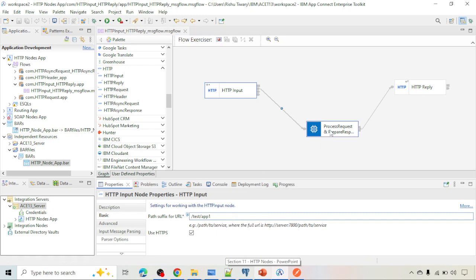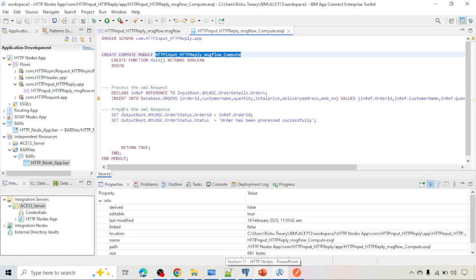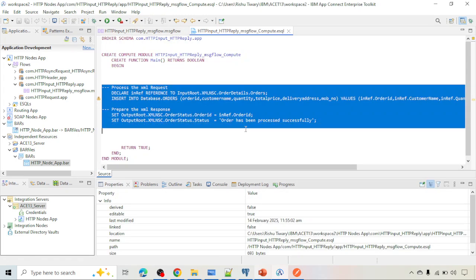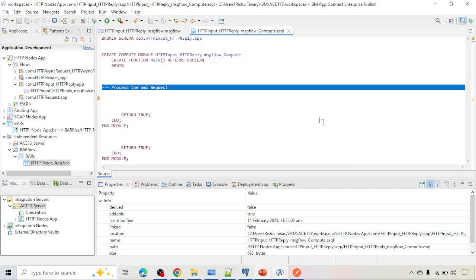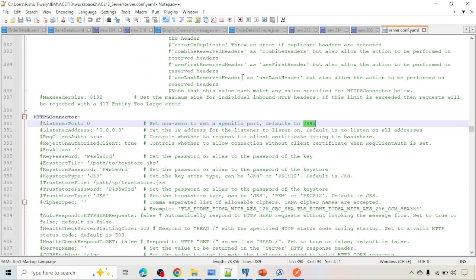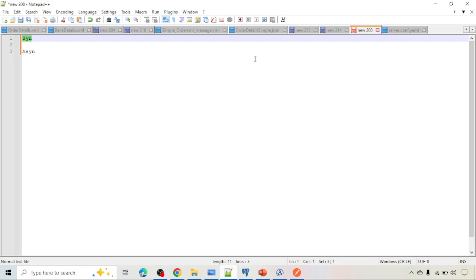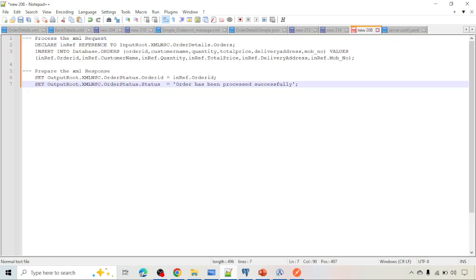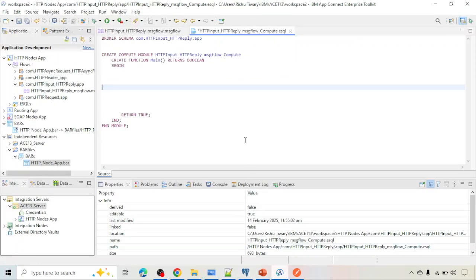Okay, let me design the flow to show you. Suppose, instead of this, let me cross this one out and paste it somewhere. Suppose I have a design like that. I want to fetch this information and send it to output. Set output root,